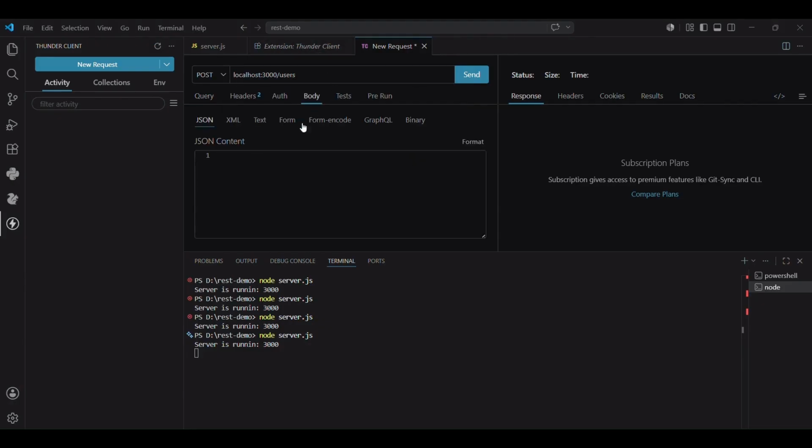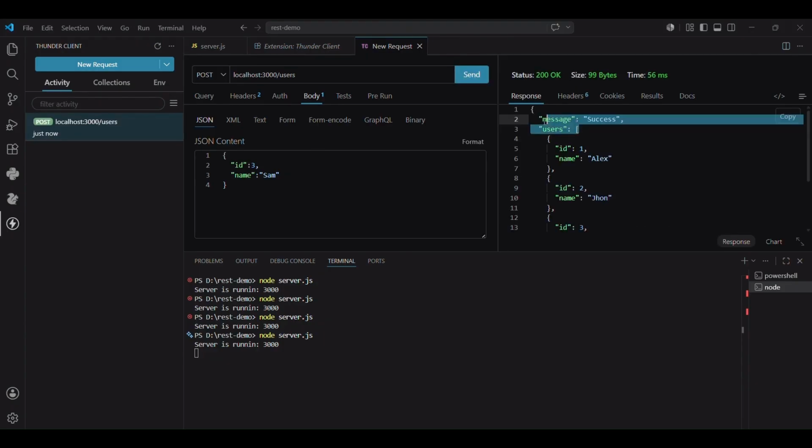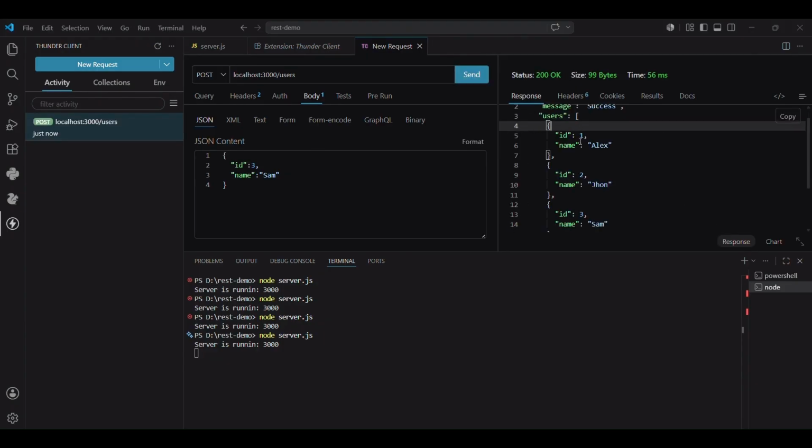And now I have to include a body here. So this is going to be the new object that is going to be added to the array. So let me give it an ID, colon, say 3, and a name, say whatever, say Sam. Okay, so if I click send, yes, here you can see the message is success, and now the array is